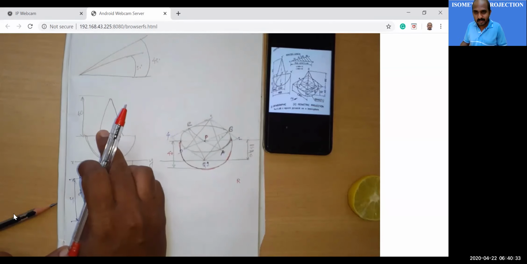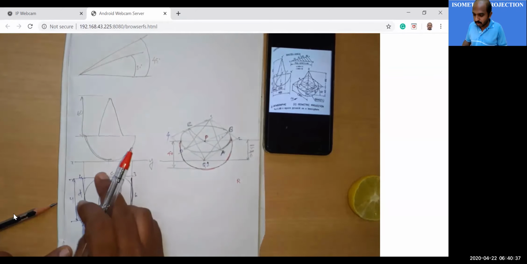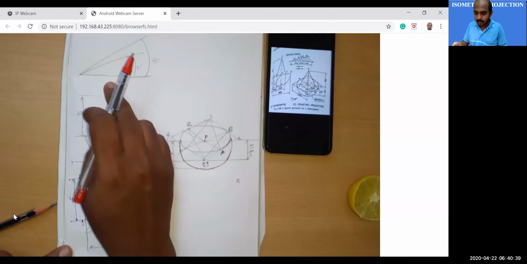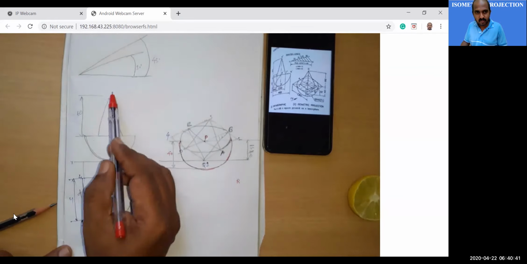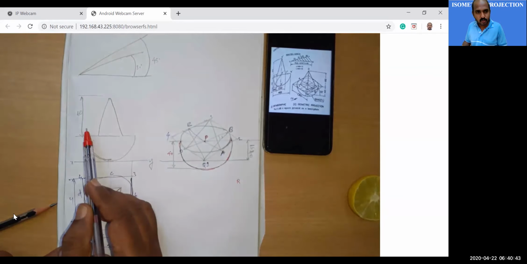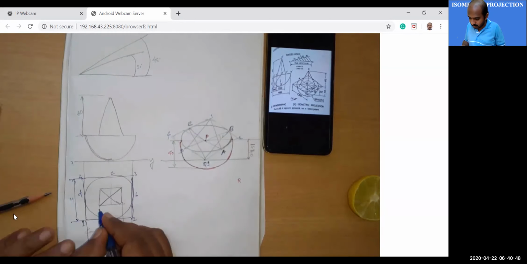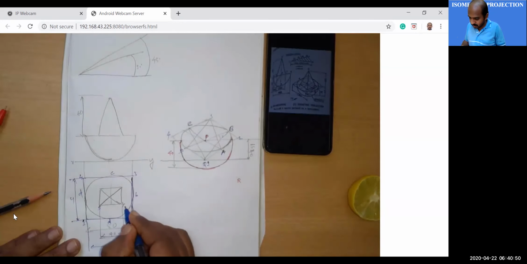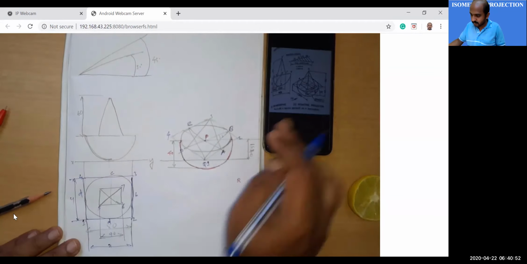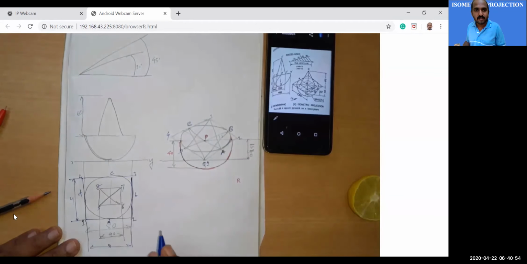Now we are thinking about the above the hemisphere one square pyramid is resting with the base edge equal to 40 and height equal to 60. Now you take the isometric length corresponding to the 40, which is a base edge of the pyramid, and the isometric length corresponding to 60. Here also you can give the naming. Suppose it is 5, 6, 7, and 8.